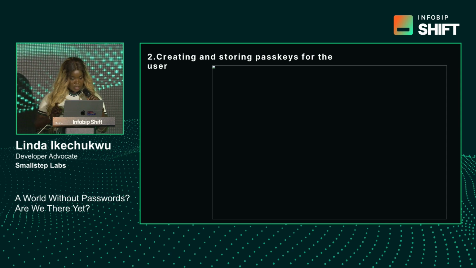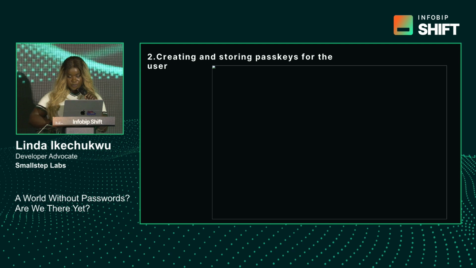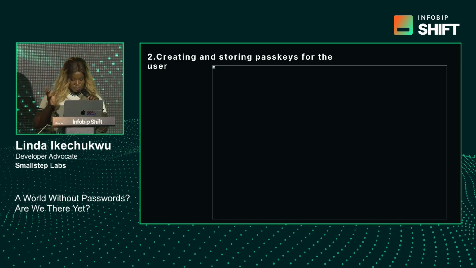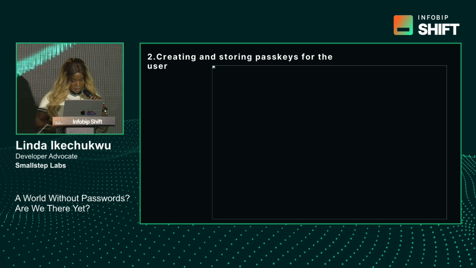And then the next thing is creating and storing passkeys for the user. Now, ideally, when they click on that button, you would have a form collecting their email or a username before triggering this. And this code checks, again, if the browser supports the WebAuthn API. And then,